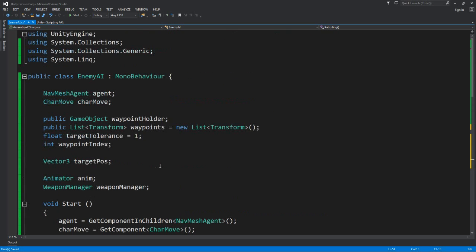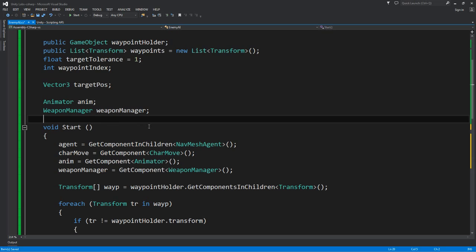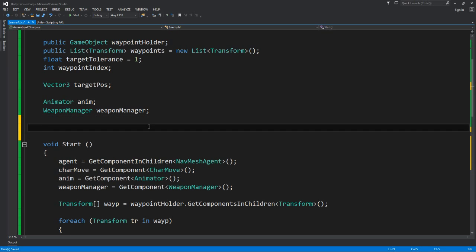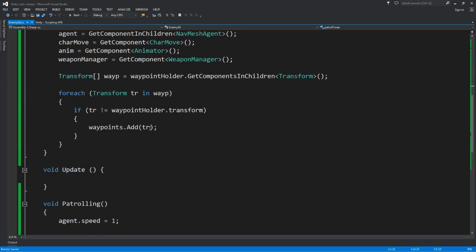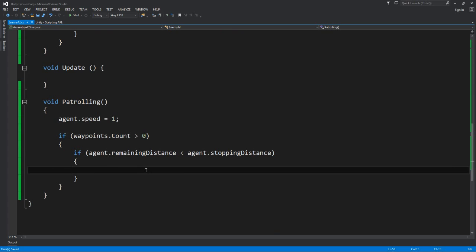Now we forgot to add some more variables over here, so I'll add a patrol timer, and let's go back now, and patrol timer we increment by Time.deltaTime,